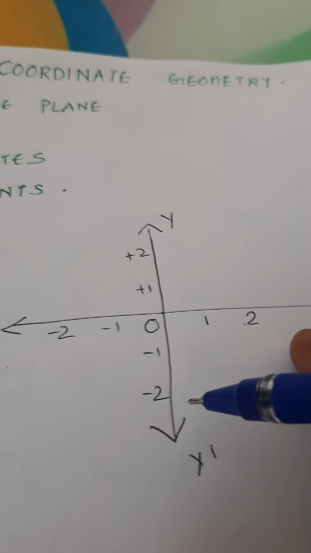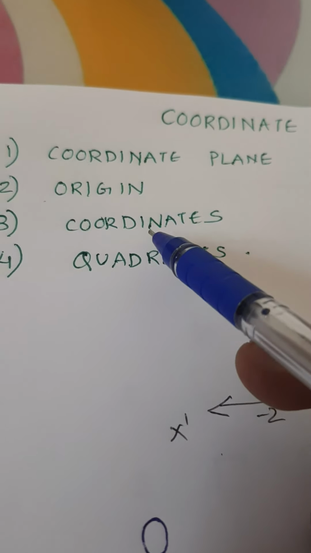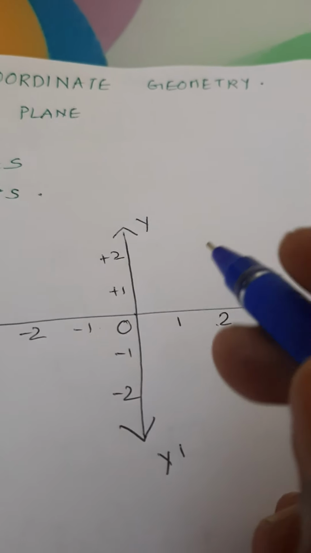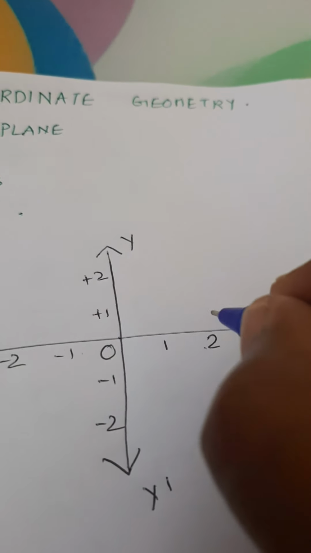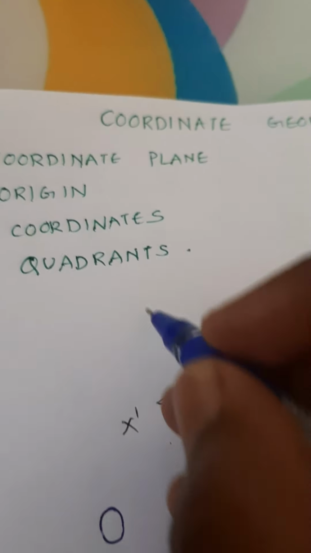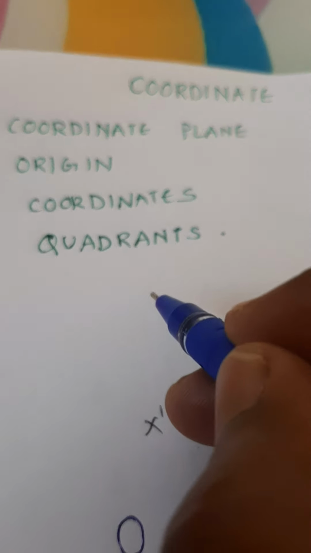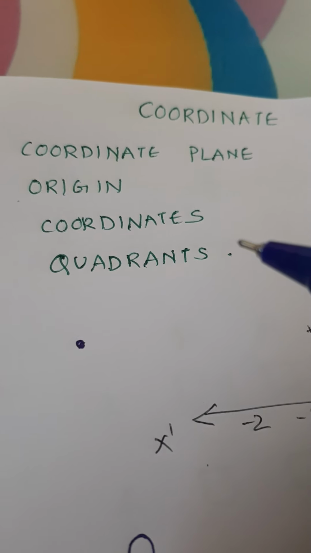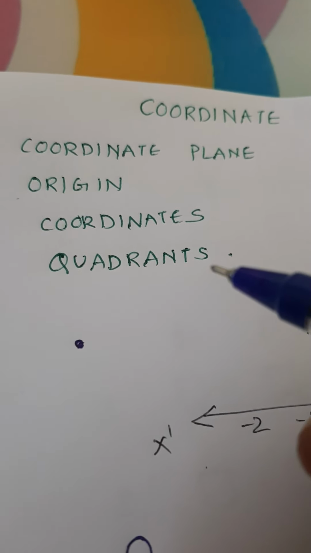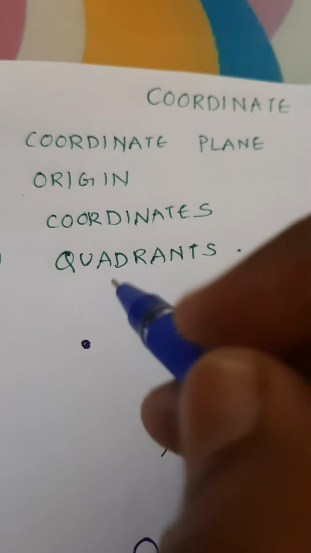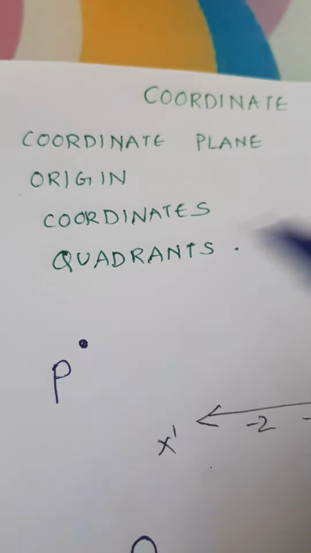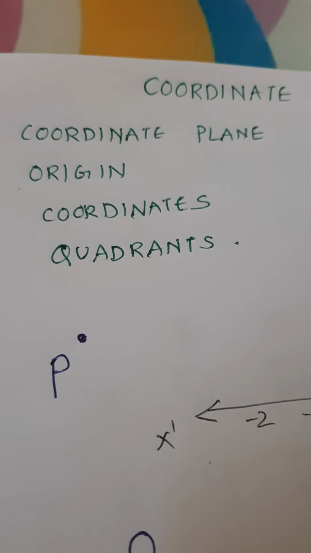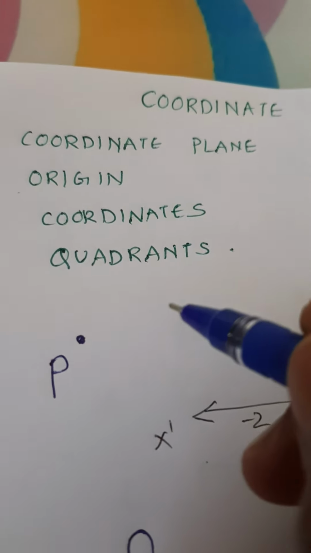Okay. Now, the next definition is coordinates. A point in geometry means an object which has zero thickness, zero width or zero length. It is a zero dimensional object and most of the time it is denoted by a capital P, or whatever alphabetic letter, but it is denoted by a capital letter.